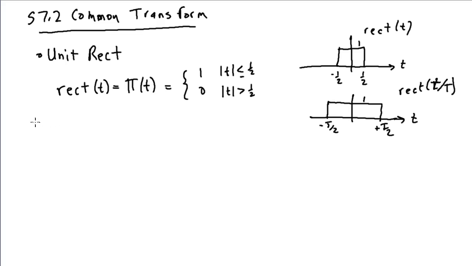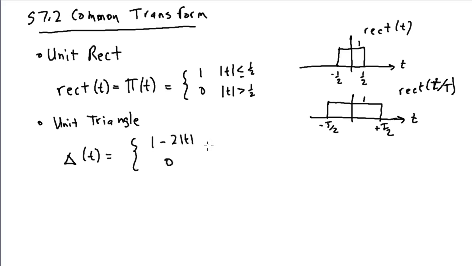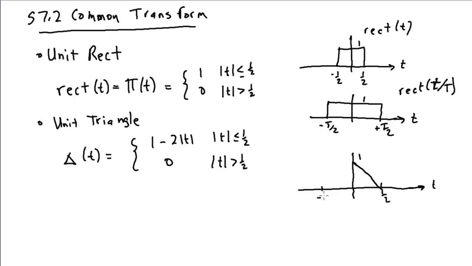And then related to that is the unit triangle. You'll see a couple different definitions for this in various textbooks, but in this book it's defined as being 1 minus 2 times the absolute value of t for t less than 1/2, and it's 0 for all t greater than 1/2. So what this function looks like is it has a peak amplitude of 1 at t equal to 0, and then at 1/2 it's back at 0, so it's a straight line, and then also